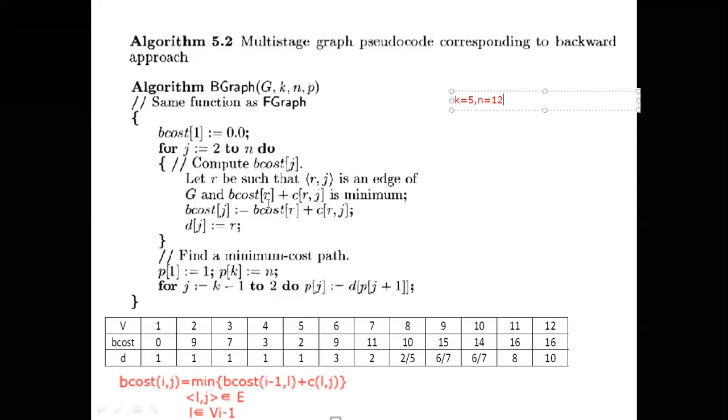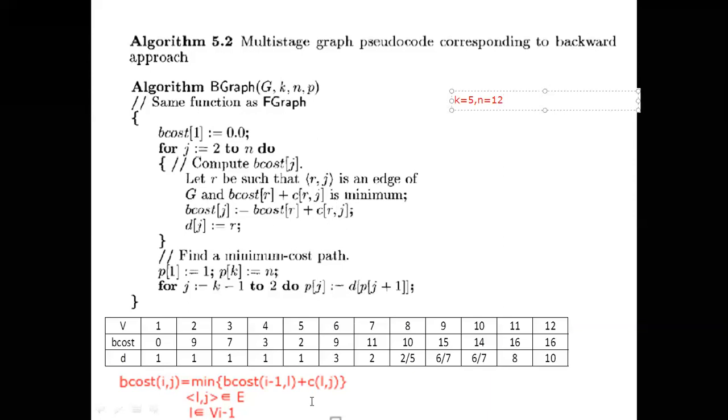Now this formula as well as this one, I will compare. I told you I is not there. Why? I is the stage. B cost of J, B cost of I, if you remove it, L will come. Instead of L, they are using another variable, call it R. There is no difference. The I related things, they removed. Here also I removed, here also they removed. B cost of L: instead of that, they can write L also, but they use the other variable, R. If they are using L here, here also they have to use L. If they are using R here, here also they have to use R, and J is as it is. I hope it is clear, right?